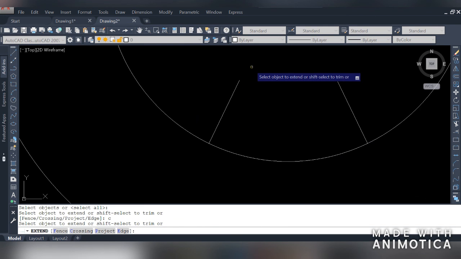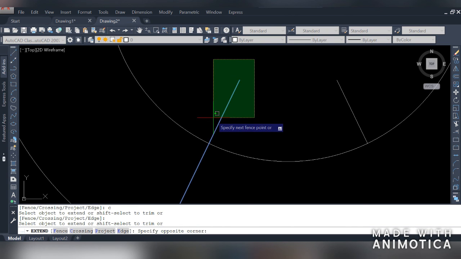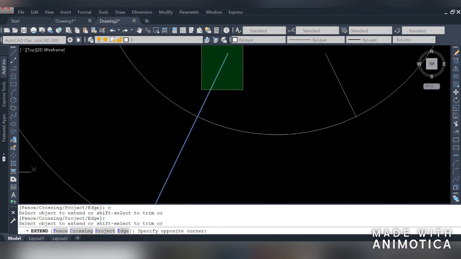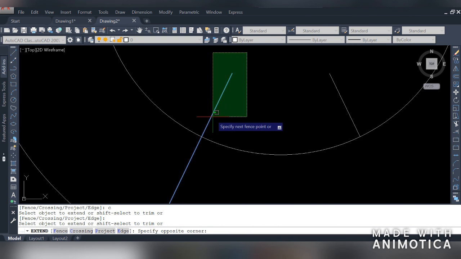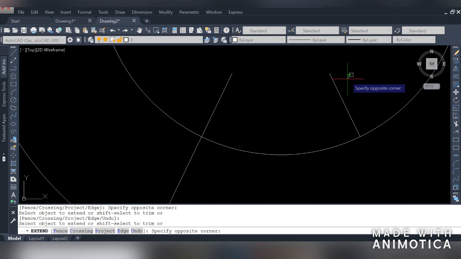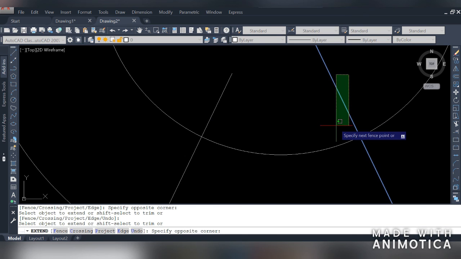If we create the window like this, here you can see we are able to extend only one side. So create the window not like that but like that. Both the sides are inside the created window.